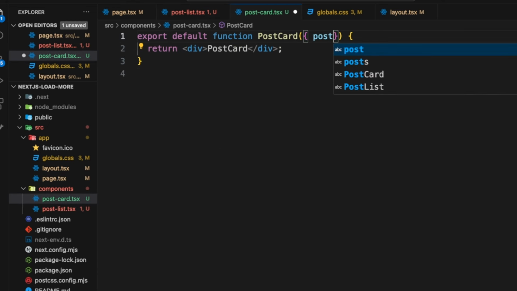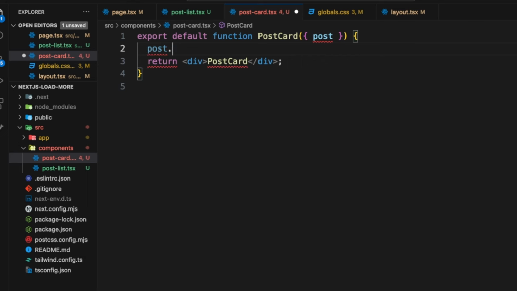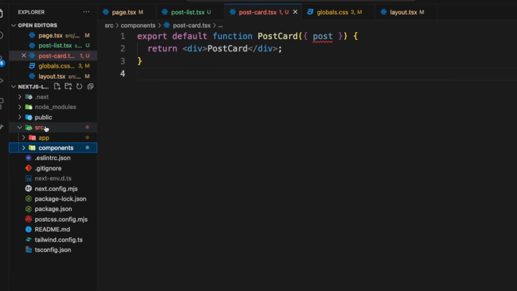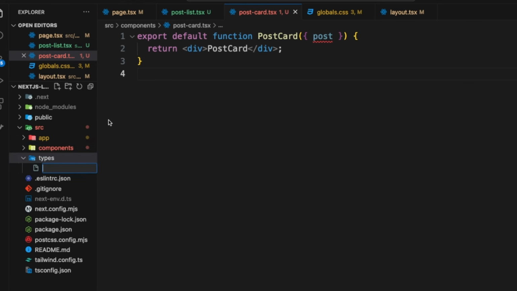We can say post. Because we're working with TypeScript, it's better if we have the type of this post, right? So we can say post dot and we get the autocomplete right there. All right, so now it's better if we have another folder called types. This basically will hold all our types, but in this case we just have one. So I think we need to just create one file called